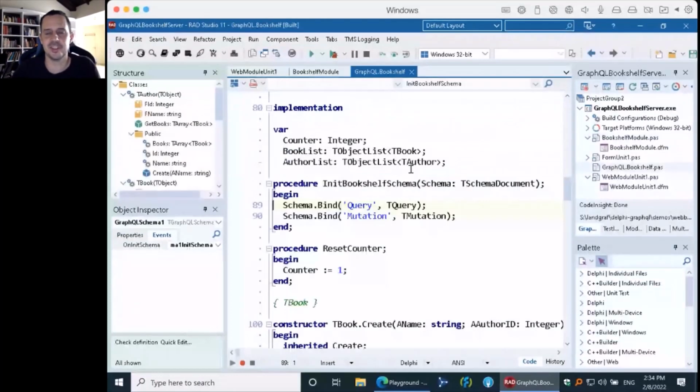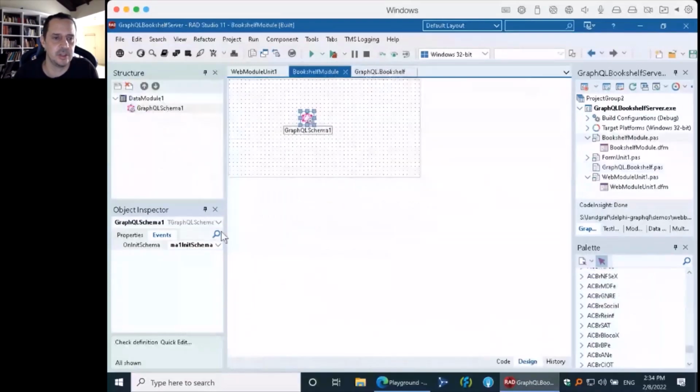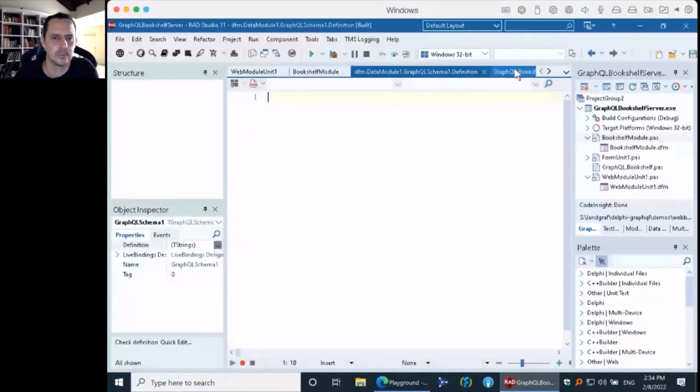Instead of telling the field resolvers for each method, we are just binding the query type and the mutation type. Okay, I didn't show you the definitions here. Let me open here for you. Okay, it's here.